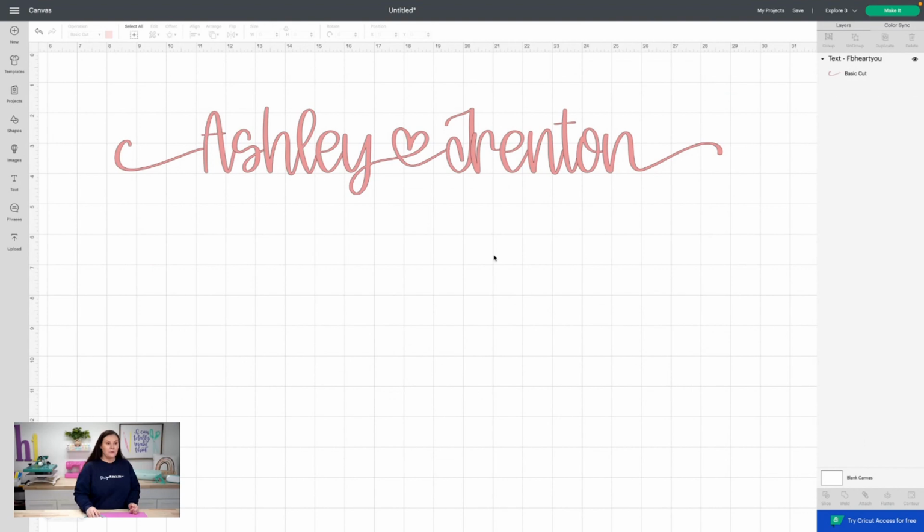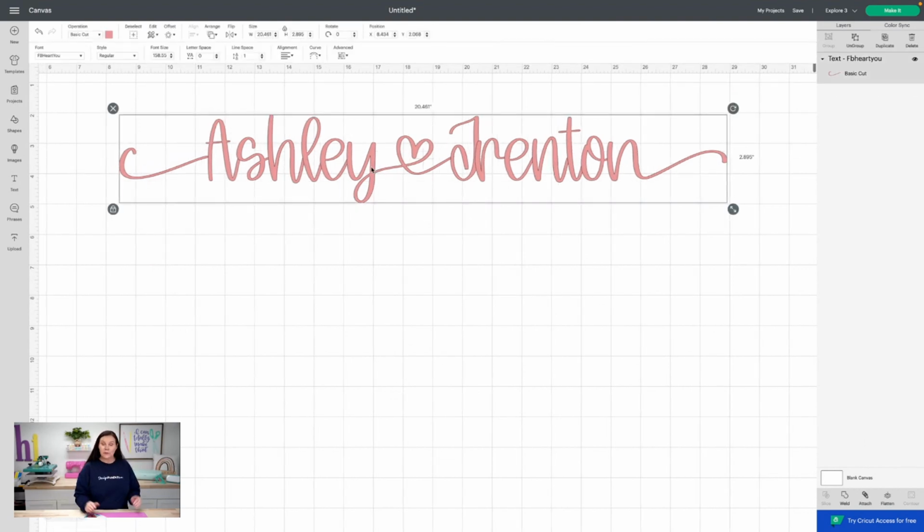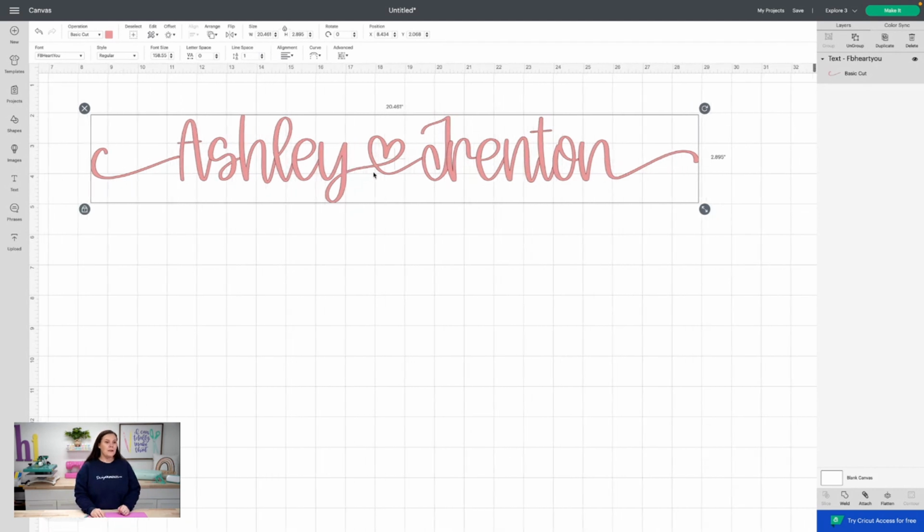But I do believe with Cricut's new update recently with their text, we didn't have to do that, as you guys could see today. But what we have gone over is adding an offset. We have downloaded and uploaded our own fonts. Like I said, changing the colors of those. We've done our offset. Lots of fun things to do.